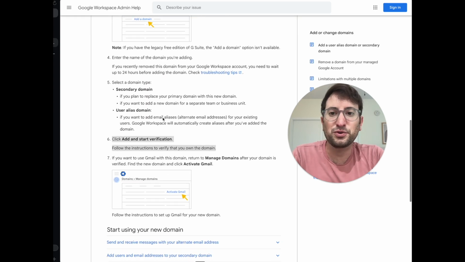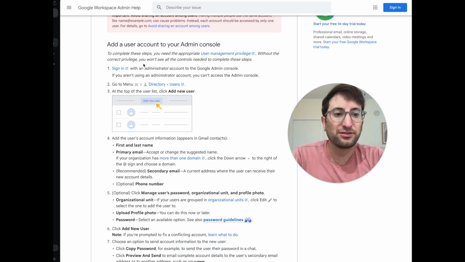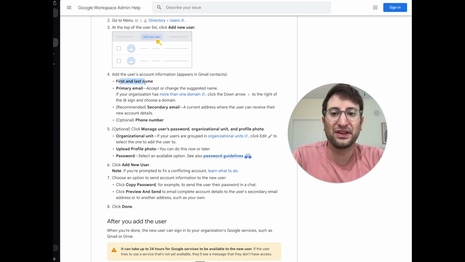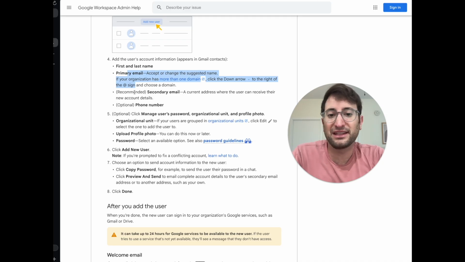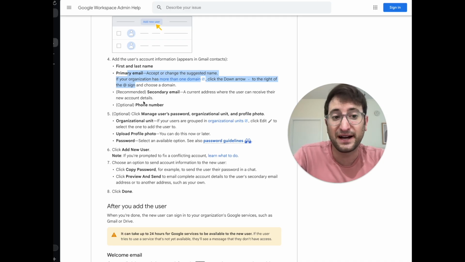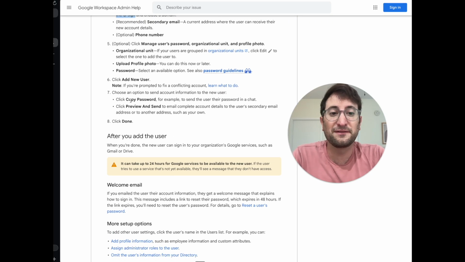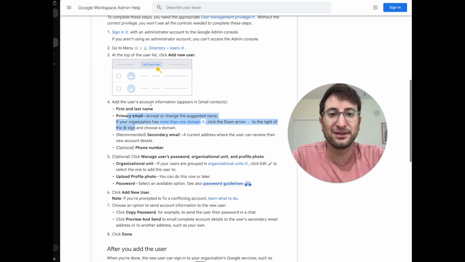Then once you have added all of your domains, we're going to add the users. So to do that, all you have to do is go to menu, directory, users. Then you just click add new user. You add their name, you set up their email, and you choose the domain. That's as simple as that. So you would just choose the domain, add as many inboxes, up to 5 per domain that you want. And then that's all you have to do for the actual inbox, and then Gmail will be created automatically for